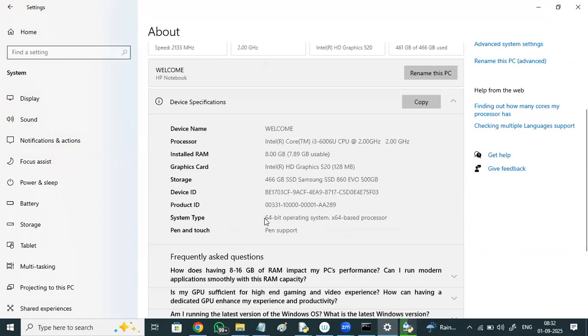If you're using an older version of Windows like Windows 7 or Windows 8 with a 32-bit operating system, you are supposed to download the 32-bit Python software. If you are using Windows 10 or Windows 11, it is 64-bit.